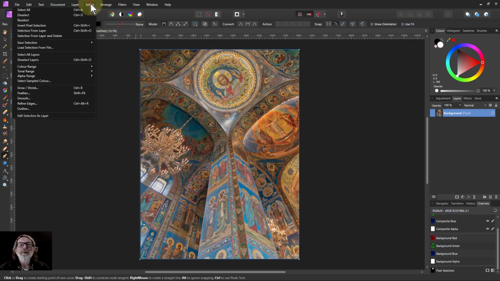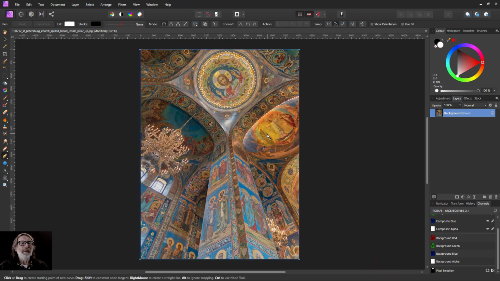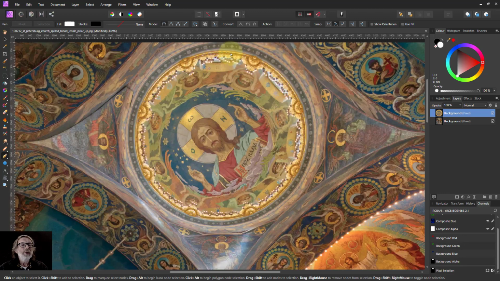Now what I do here is put a slight feather on the edge of that. So I go to Select and Feather, and I'll put 2 pixels there, just to make that a little bit easier to blend. Then I press Control C and Control V, copy and paste, so it's on a layer by itself now. So I can go into this now,